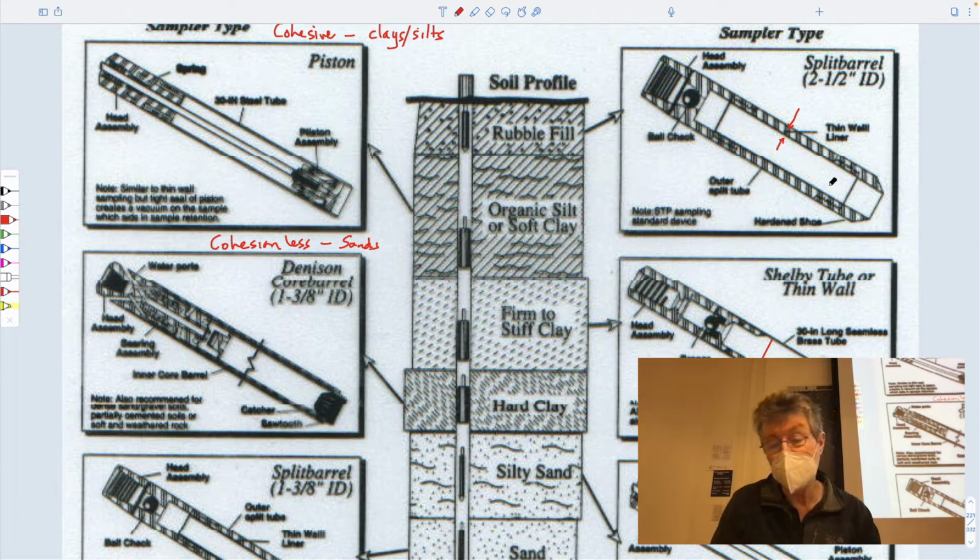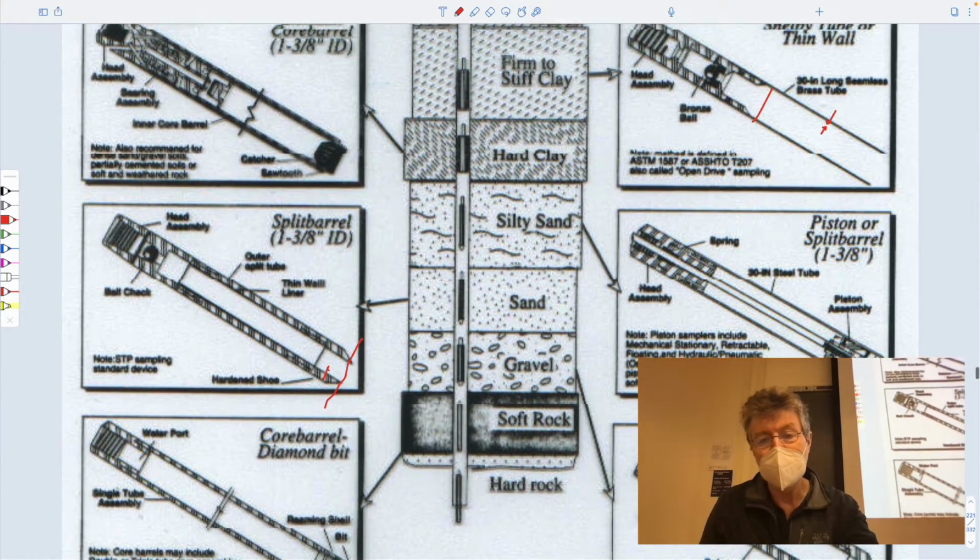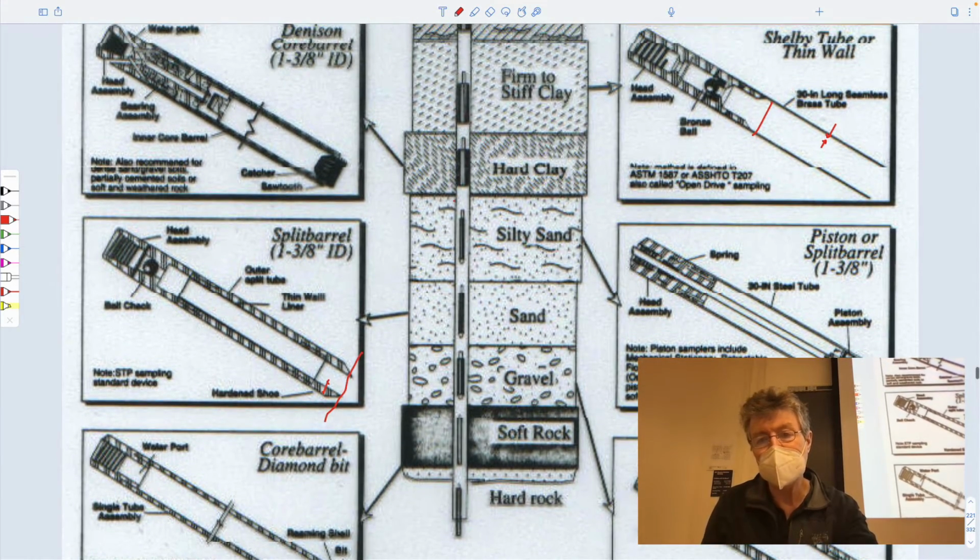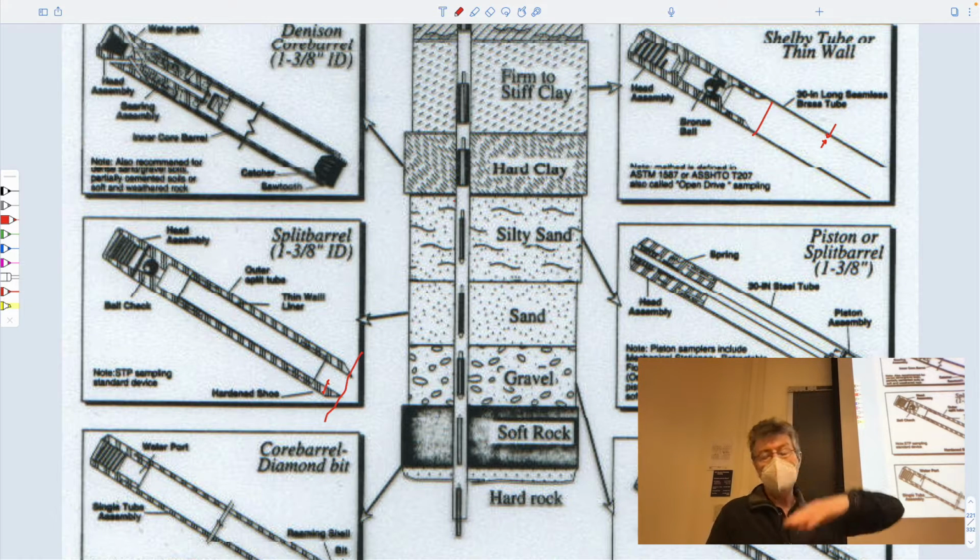This is referred to as a disturbed sample. These are for sands and gravels. These would be for silts and clays. And I guess the one wrinkle on these Shelby tubes or thin wall samplers is that sometimes they're used with a piston. And the idea of having a piston here is that if you put it down to the bottom of the hole and then you physically push this cookie cutter beyond the bottom of the hole to get your sample, leaving this piston flush with the hole as the cookie cutter goes down around it, then when it comes